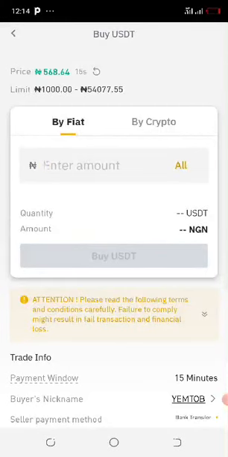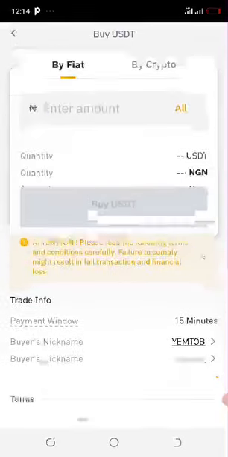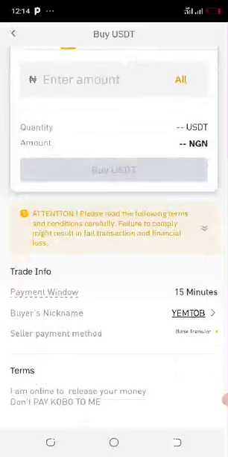And how can you get that is under trade info. You see the buyer's nickname, then you click on this buyer nickname, you see that arrow, you click on that arrow. When you click on that arrow, it will take you to a page where you see info again, and in front of that info you will see an arrow like this. Just click on that arrow, you see more arrows. Just click on that arrow, and once you click on that arrow, just come down here again